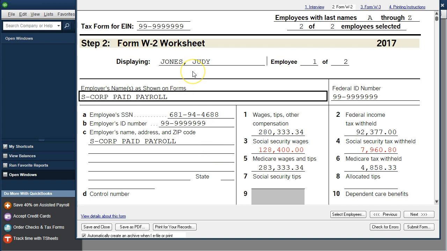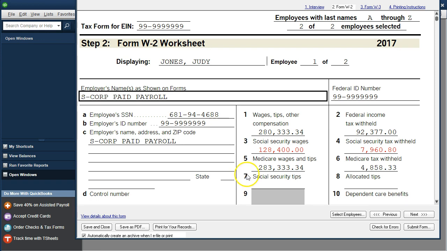Here's what we have for Judy Jones now. You'll note that the 3 wage numbers are now different. So they're all different numbers on the wage numbers. The last one, the Medicare, is probably closest to actual wages because it's the highest number, although it's not completely accurate as well, because it could be the case that there are some things that aren't included in the Medicare